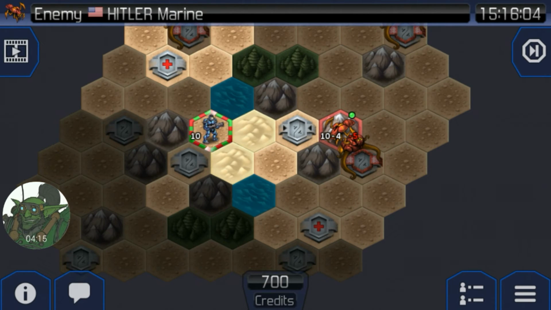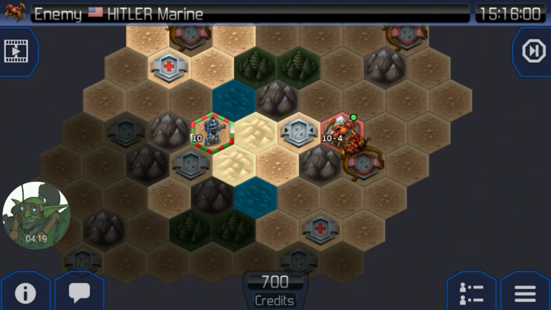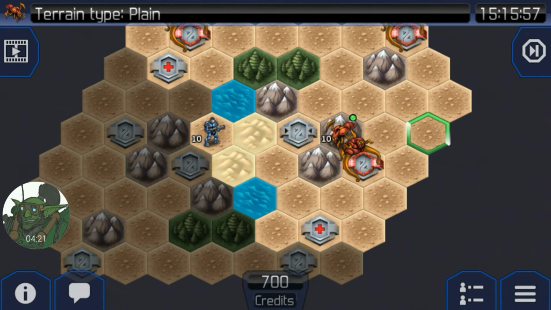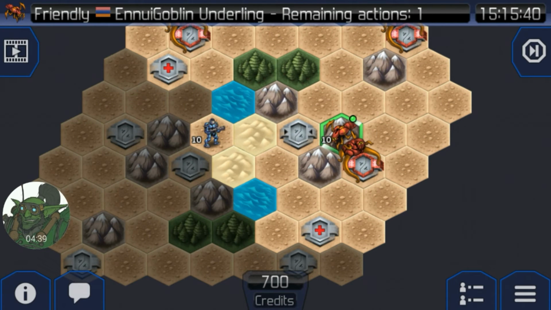But now, instead of going for the capture, he can use his Marine to hit me for a 4-shot, then bring his Marauder around and get a 5-shot around the back and maybe a 6-shot and eliminate him, and I'll still be 100 credits down. Or at the very best, maybe this underling gets away with 1 health or 2 health and is still alive, but now he can't do anything or contribute any damage. But if I go for